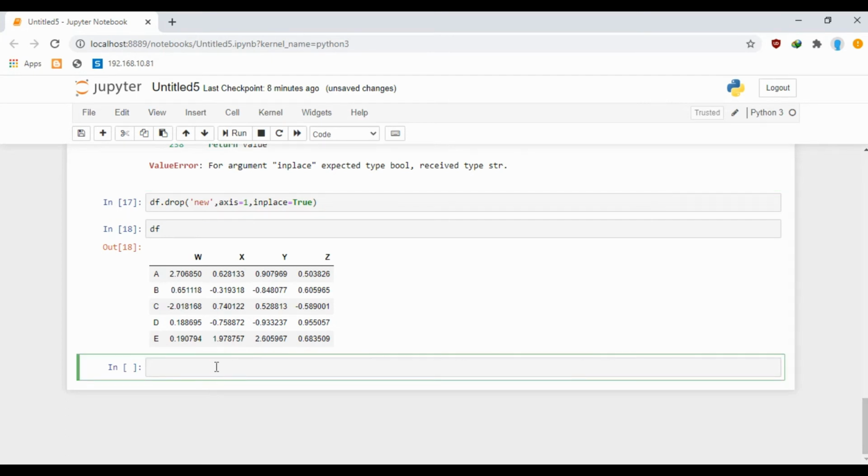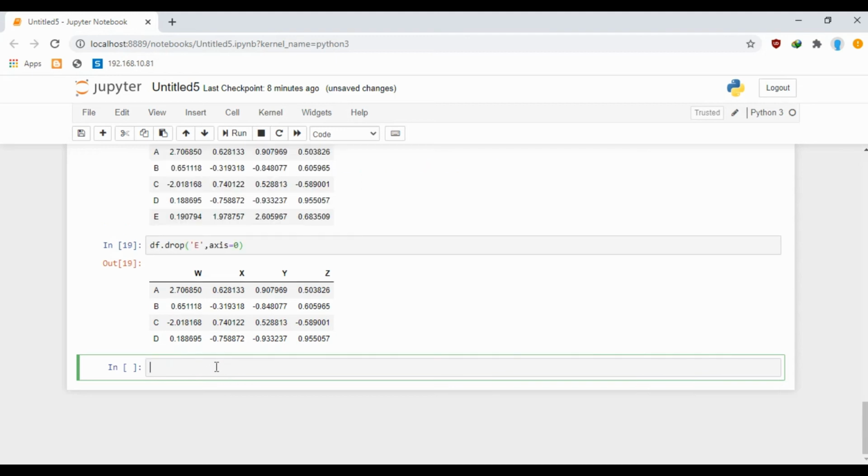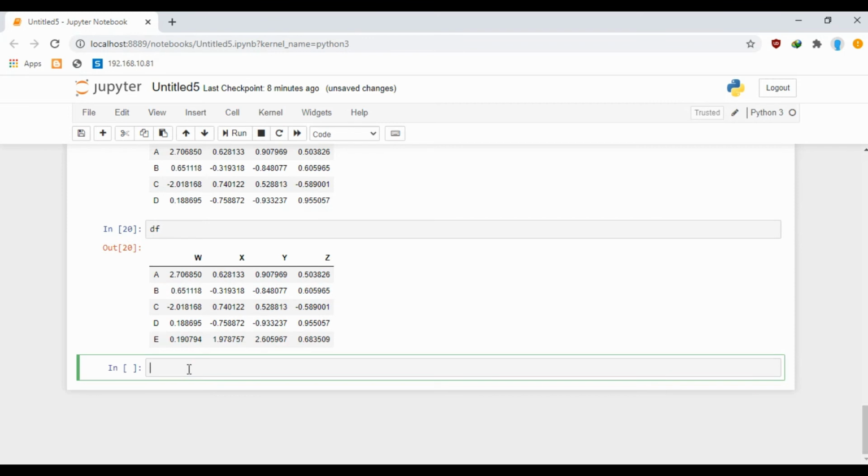Okay, now let us see how we can remove rows from our data frame. If I pass in the row name and the axis, you can see that the E row has been deleted. But if I take a look at my data frame, this row hasn't been removed. To do that, you guys must have guessed it, we need to specify a third argument called inplace.